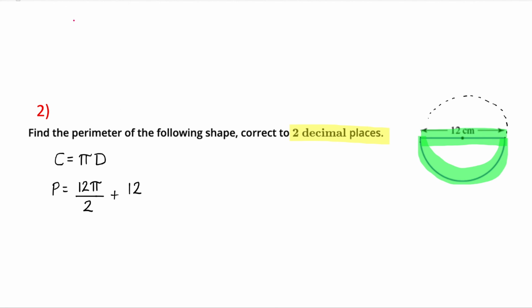So when we do this, I just have to cancel here, and that means that in my calculator what I have to do is perimeter is equal to 6 times pi. I get 18.849555592, and then I'm going to add to that 12. So I get that my answer is 30.849555592. So if I write approximately to 2 decimal places, I'm going to get 30.85